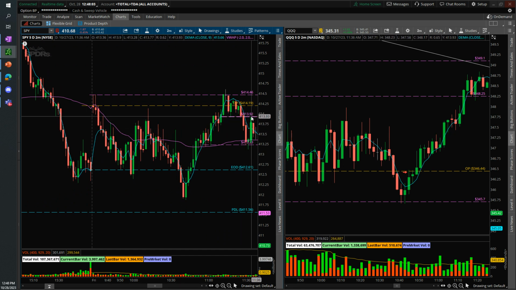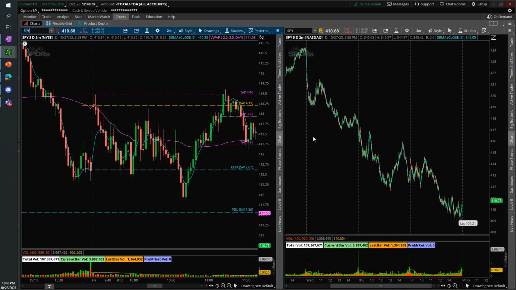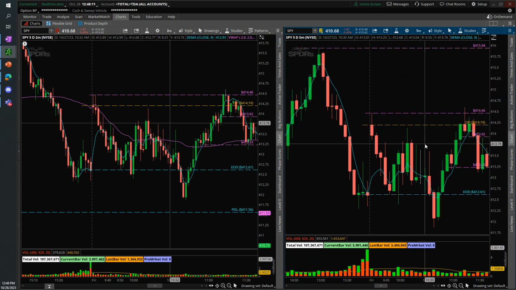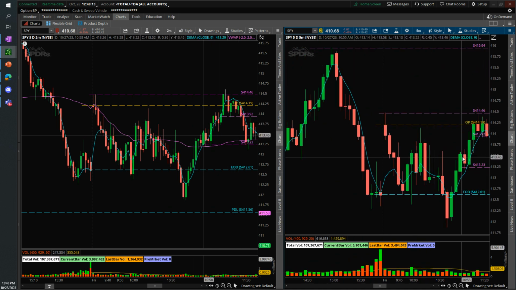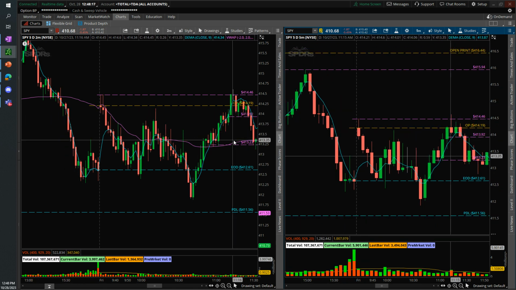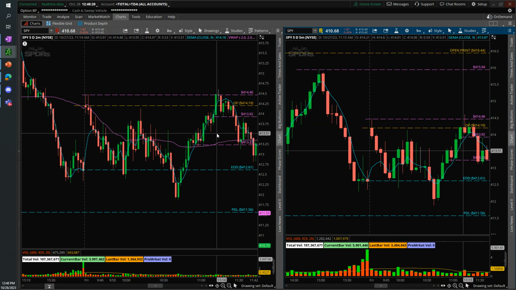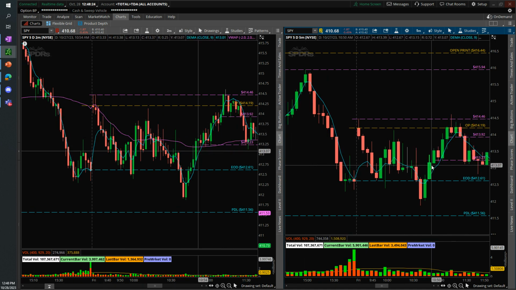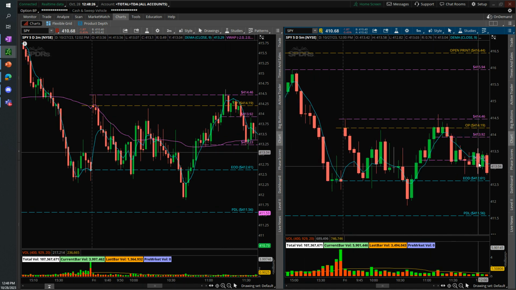So price comes up, pulls back. The 5 minute does wonders for me, and obviously higher time frames in these scenarios, because when price looks like this on the 5 minute, it just looks way more bearish than the 2 minute could look. So use these higher time frames. This really helped me. I was very close to stopping out multiple times, but